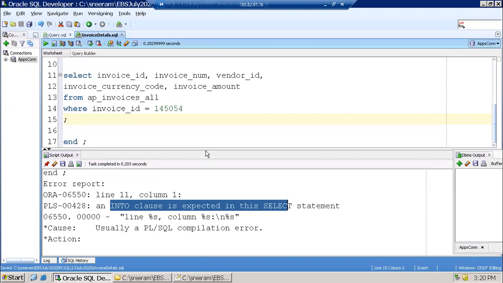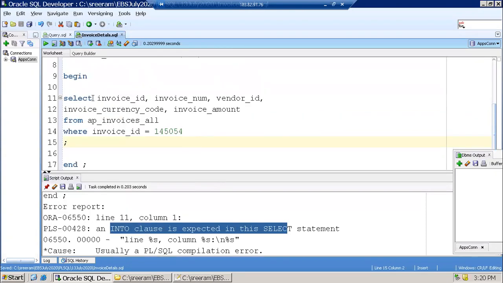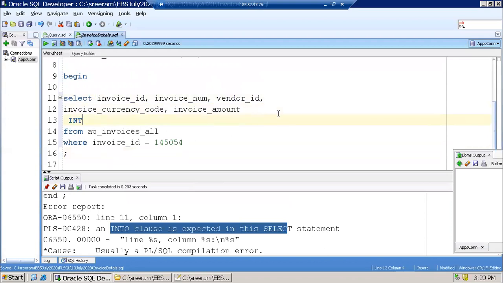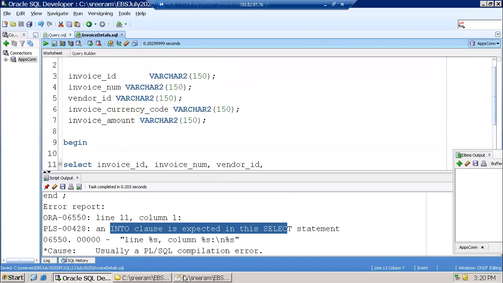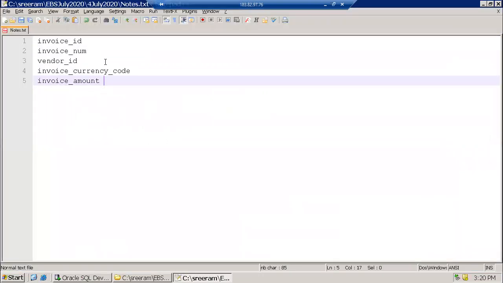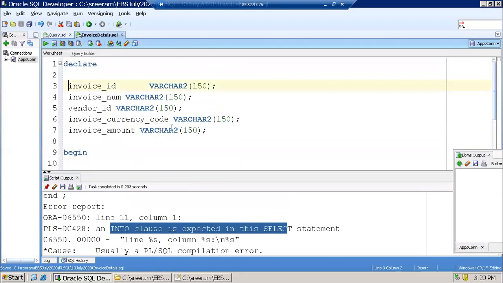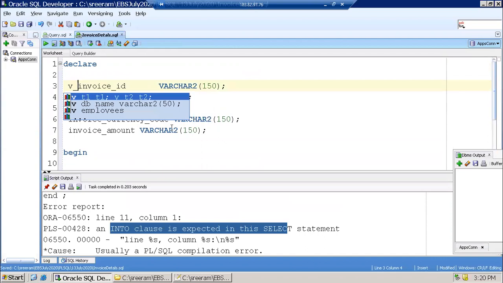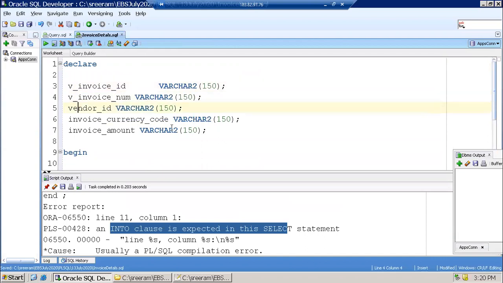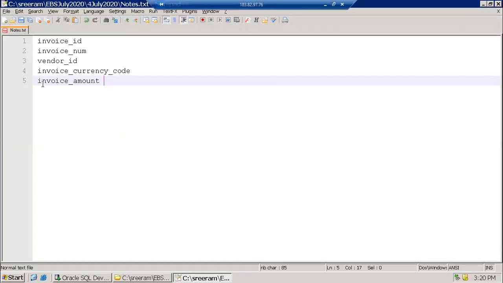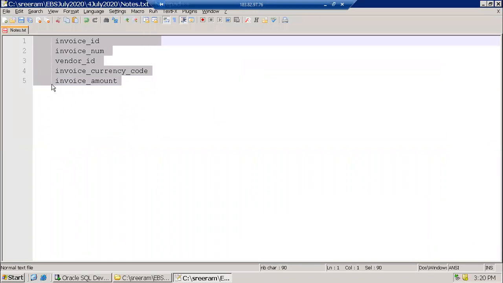So here the select clause will be as it is, and in the INTO clause I'll mention these column names. It is not advisable to use the same names for your variables as for your query columns. So instead, I'll prefix them with v underscore, so as not to have any confusion. Clear? It will still work. It is not that it will not work. It will work, but